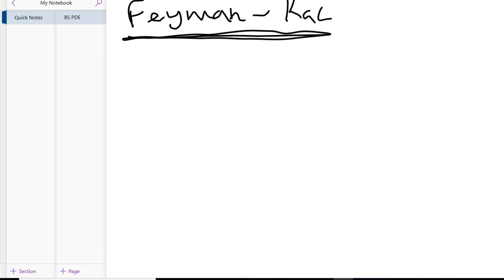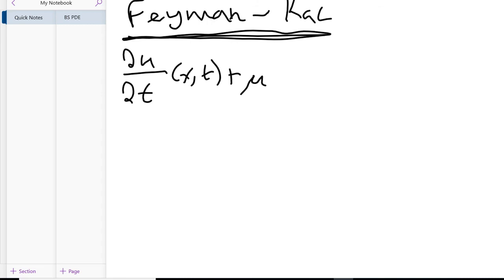So basically Feynman-Kac tells us that if we have a parabolic PDE of the form, and the little symbol I just drew is how I'm doing partial derivatives, so I'm changing from the notation that I used in my first video: ∂u over ∂t (x,t) plus some mu (x,t) ∂u over ∂x, make that clear to be a u,